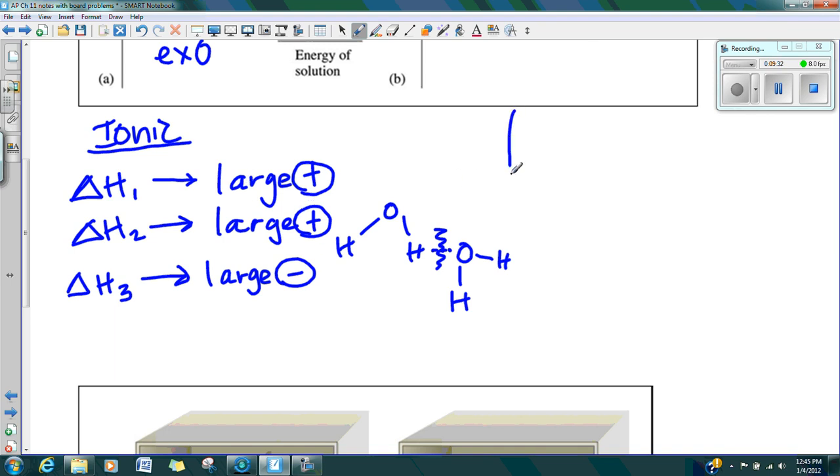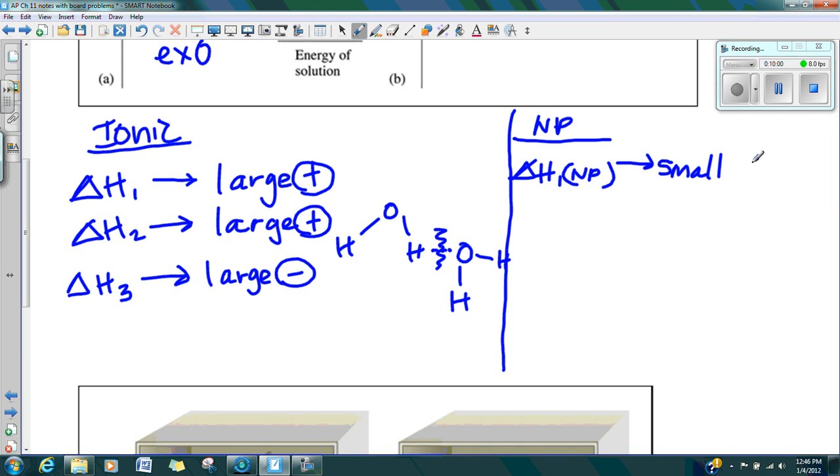Well, what if I go over and now I'm going to talk about something that is nonpolar and has some water in it? If I take a look at something that's nonpolar, my change in heat of a substance that's nonpolar, you know that there's not any interactions there of hydrogen bonding. We have some small London dispersion forces. So the amount of energy that this has to take in is very small because those London dispersion forces aren't very strong. And if I take a look at water,